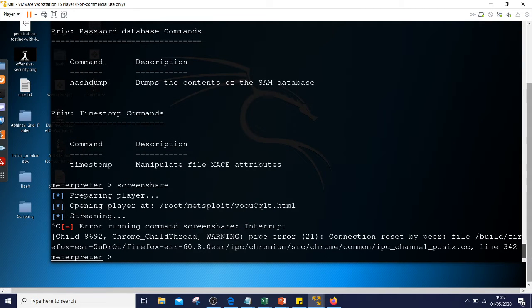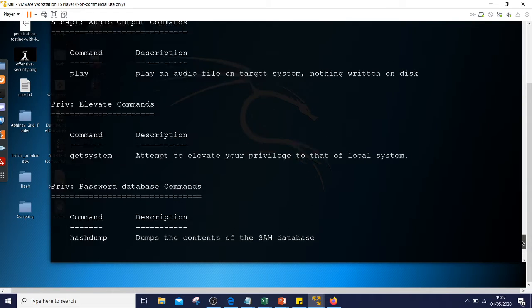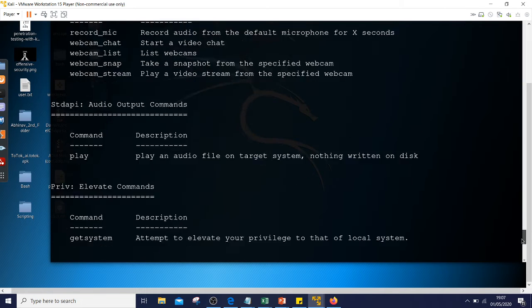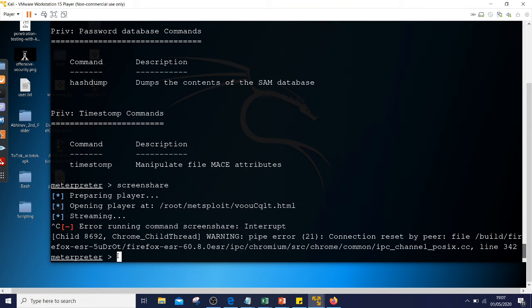So we can take a screenshot as well of his console. You can grab a screenshot of the interactive desktop. You just write screenshot, and you will have a screenshot of the vulnerable or exploited machine.